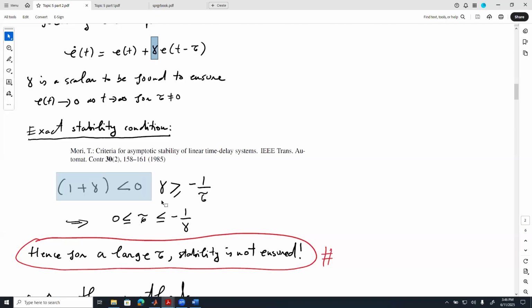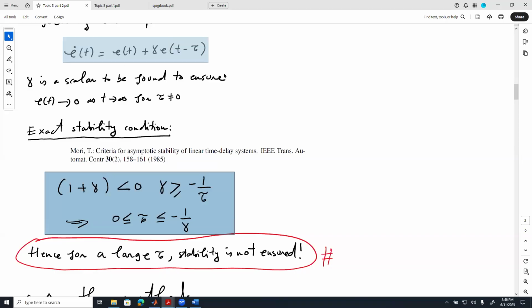And on top of that, there is also another requirement that the value gamma here has to be bigger than -1 over tau, where tau is a given time delay. So these are the conditions, and that implies that if you want to ensure stability for this error time delay system,